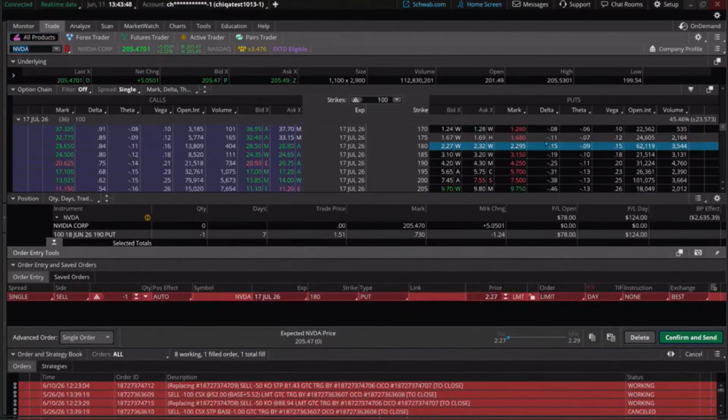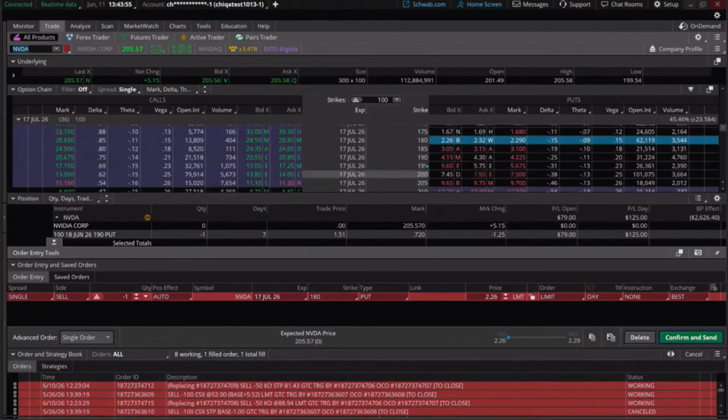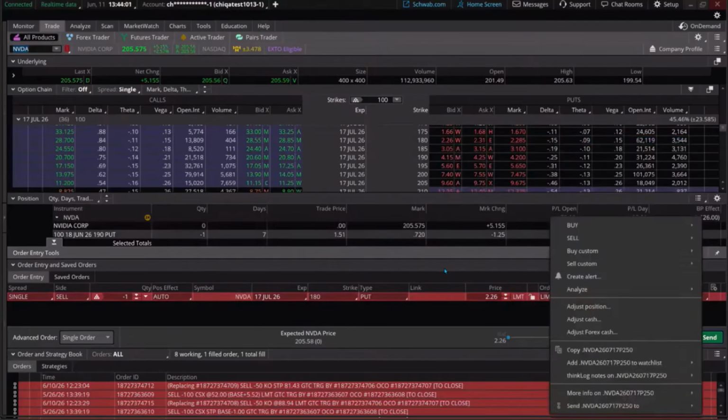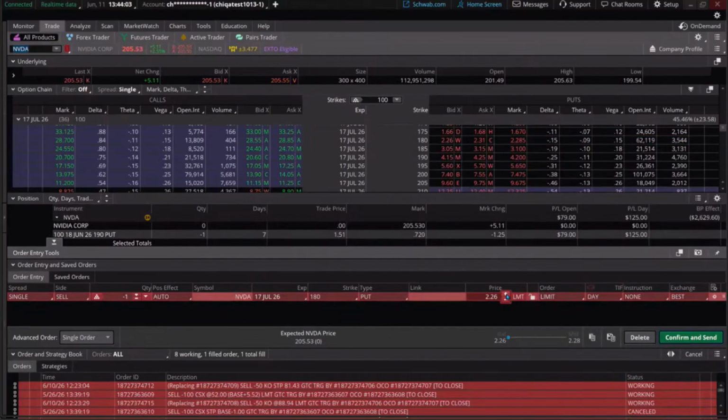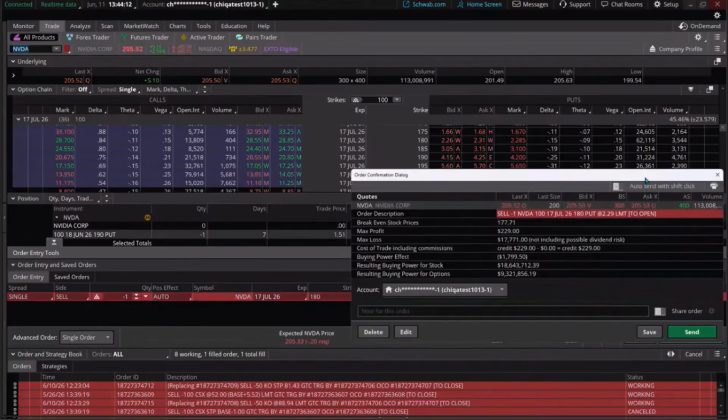This is even lower than a lot of option traders would look to sell. But if you wanted to pad in a little bit more of a buffer zone between where the stock is trading and where this option price is, watch this. We're going to take advantage of the penny increments. I'm just going to go like 28, 29, like that, get a better price, even with a tighter spread. We'll click on confirm here. It's a confirm and send.